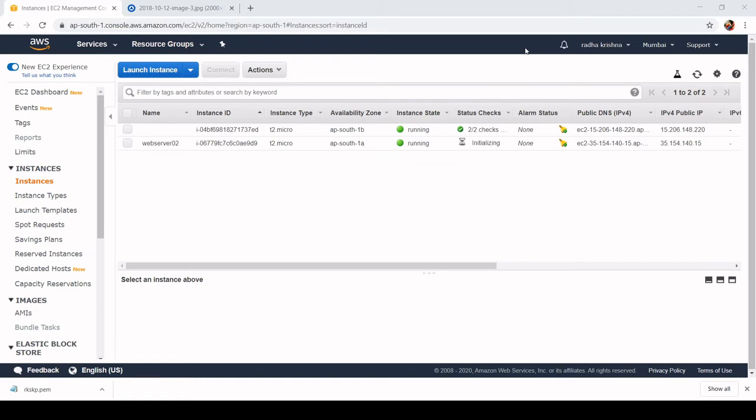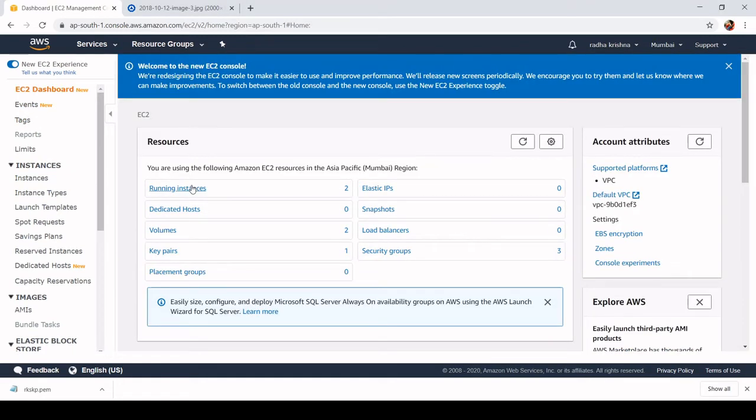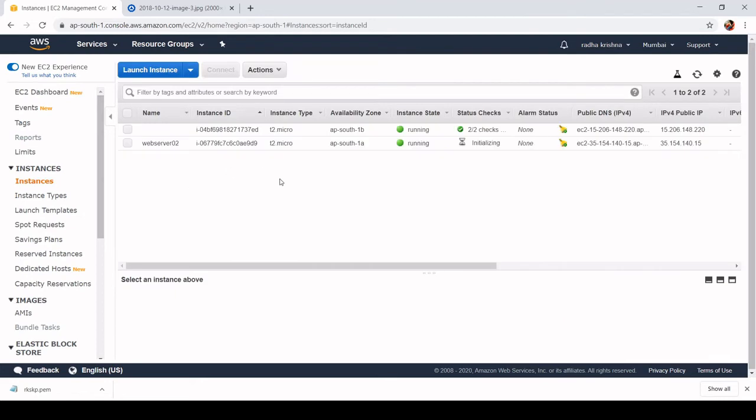Now if you go to the dashboard, you can see that two instances are running, and one default security group and two security groups we have created for these running instances, and we have used a key pair, and these two volumes are attached to these EC2 instances. Now come back to our instances, and this is still initializing. You have to wait.